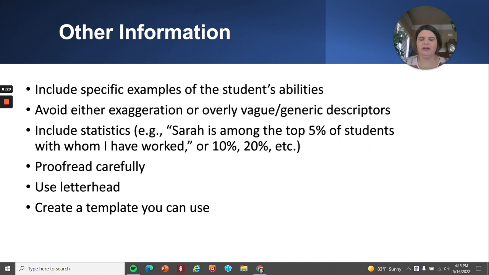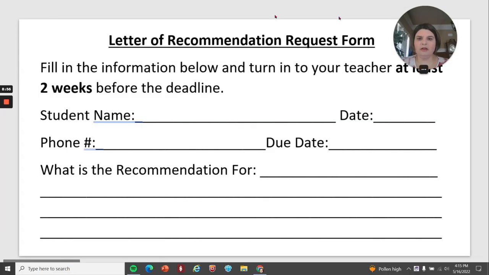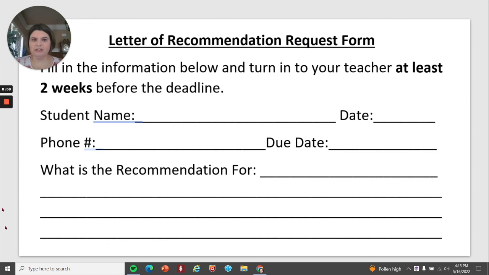I've done this and I find it very helpful, especially around September and October when the recommendation letters become very, very highly requested and suddenly they're needing them very quickly. So if you can come up with a template that you can drop in some information pretty quickly and then go back and fill in the body, that might be a helpful starting point, and already have it set on the letterhead. So this is an example of a letter of recommendation request form.